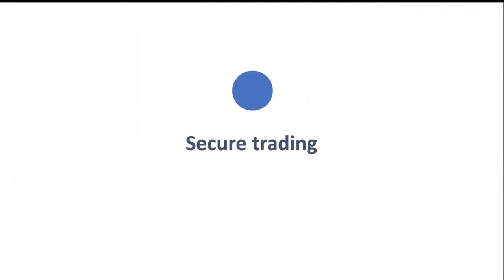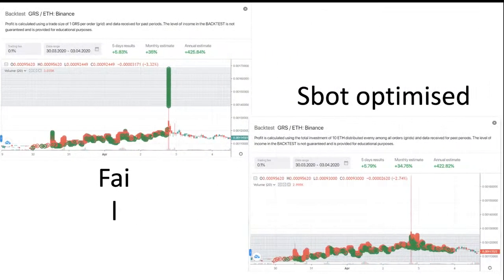And what we also have is secure trading mechanisms. For instance, we have SBot, and with the launch of SBot, which was approximately, I think, a month and a half ago. Yeah, so with the SBot implementation, final deployment, we now have a feature which